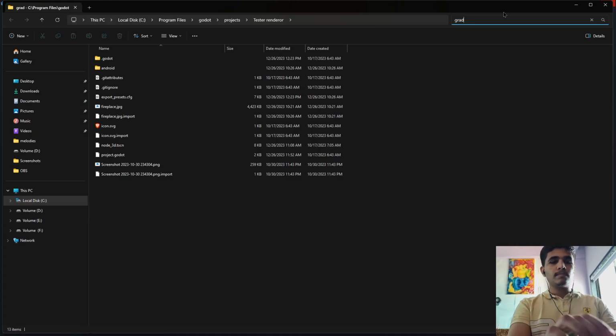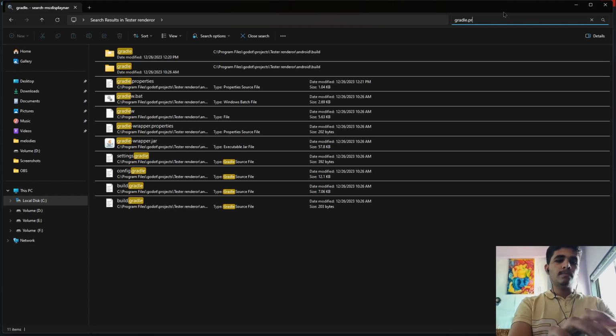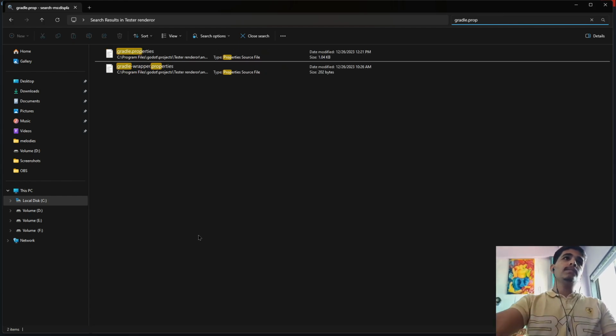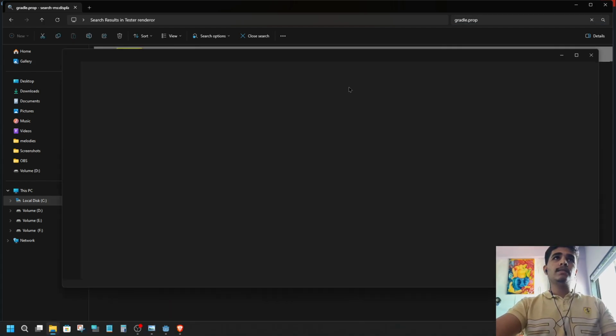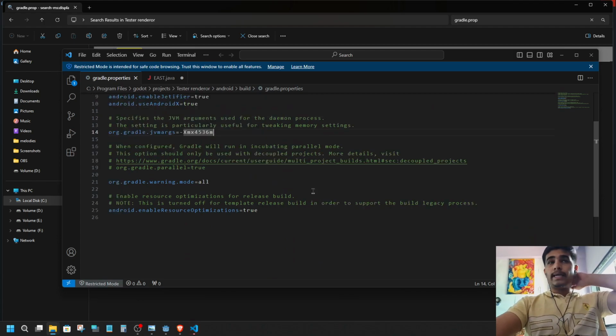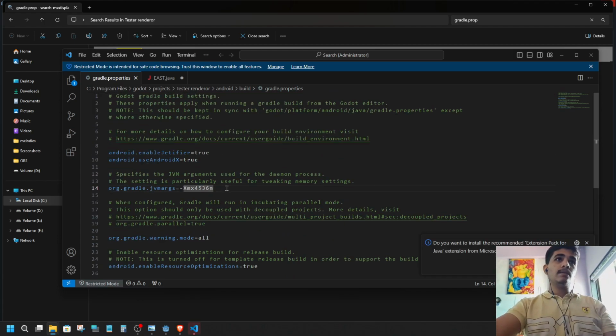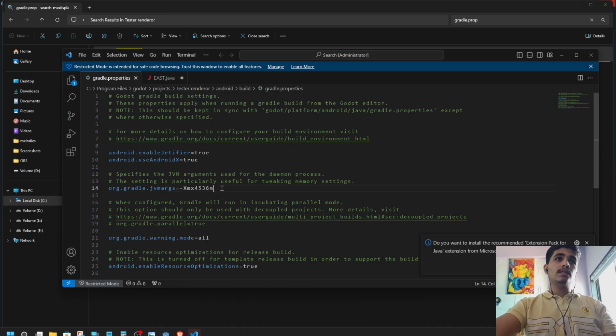gradle.properties. And here you can see the gradle.properties file is here, and open the file. And one thing you are going to see here is org.gradle.jvmargs, oh sorry, jvm merge, okay, that's a weird name. So here you can see this Xmx